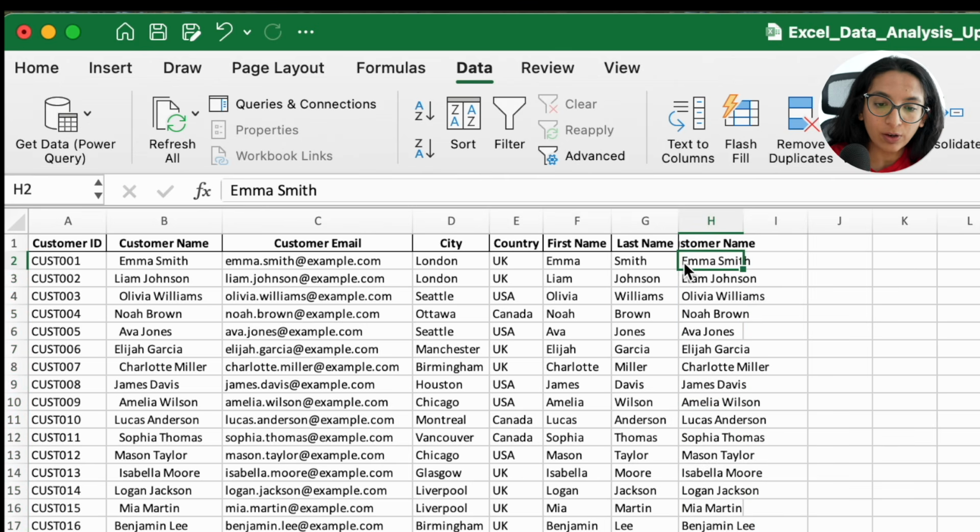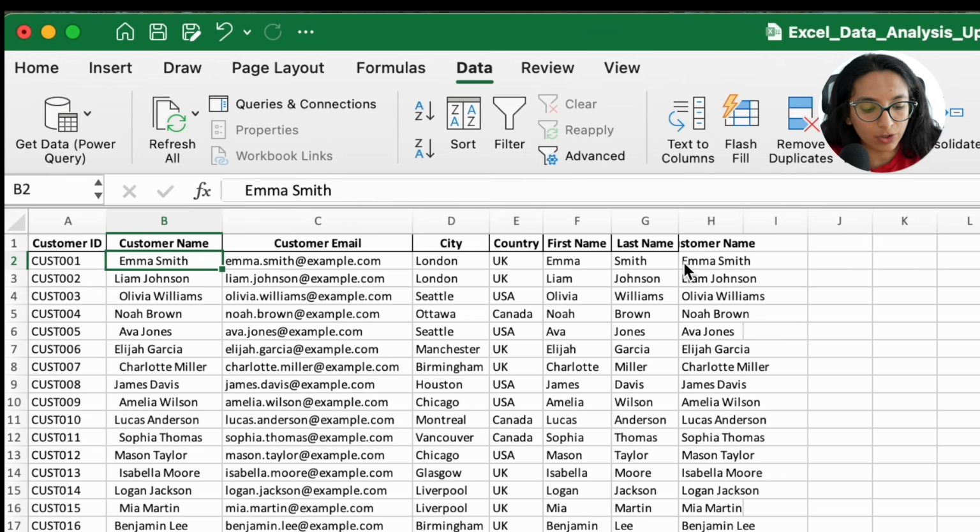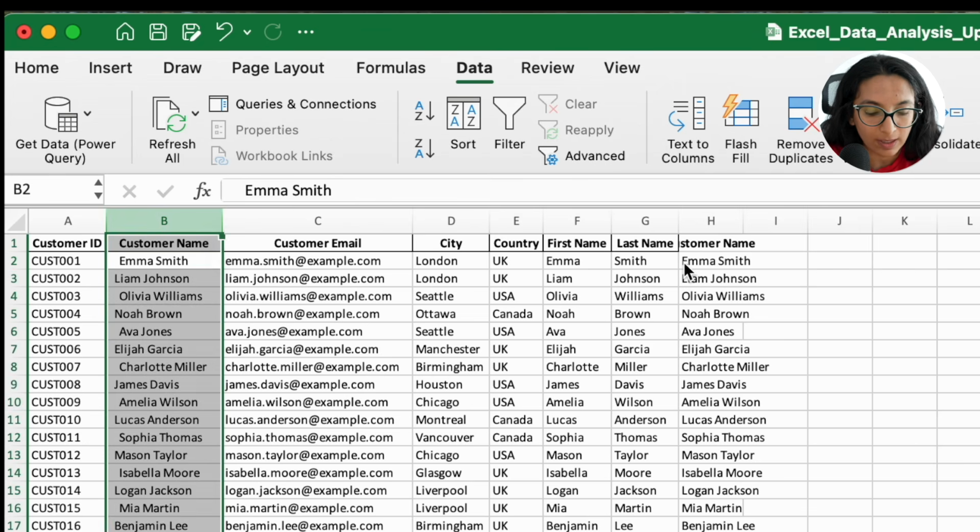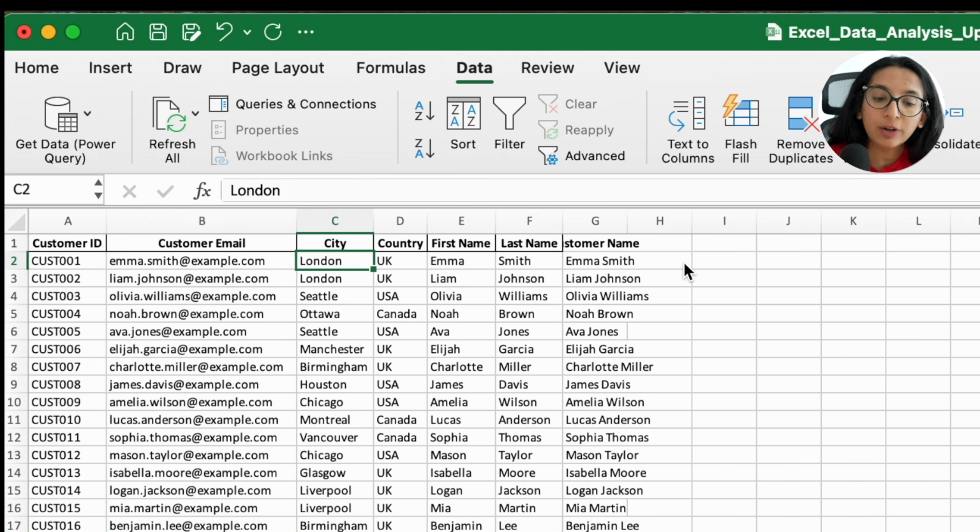And you'll see right now that we have names in the cells instead of the formula that we had before, which means that now if I go and delete column B, there will be no reference error. So I can select the entire column, which is control and space. And then I want to delete this column, which is command and minus. Perfect. So now I don't have any errors in my customer name column.